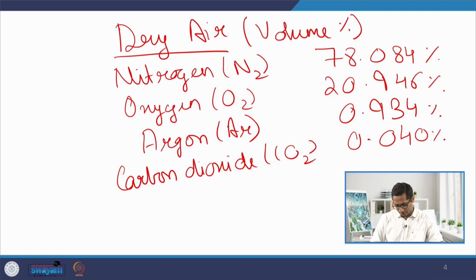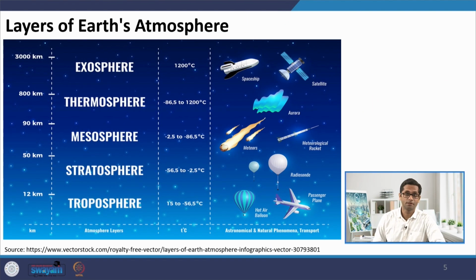The second thing we need to understand is the different layers of the atmosphere, which you can see in the slides in front of you. The atmosphere as such is formed of different spheres, each stacked one upon the other. The layer starting from sea level going up to almost 12 kilometers of height is known as the troposphere. Troposphere is the sphere where we can expect the majority of economic activities to happen. This is also the place where most of us are going to spend our entire lives.